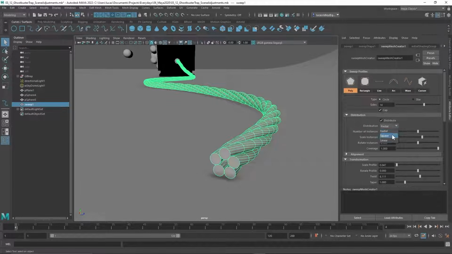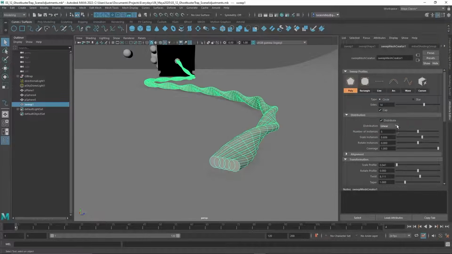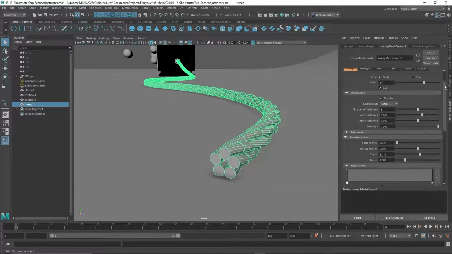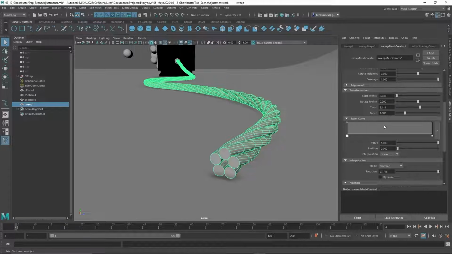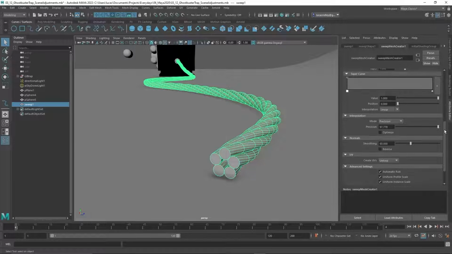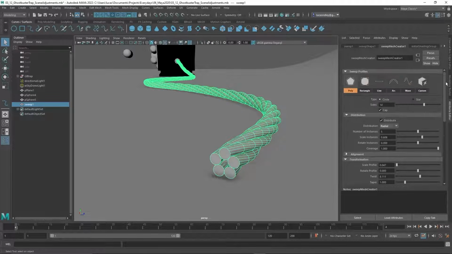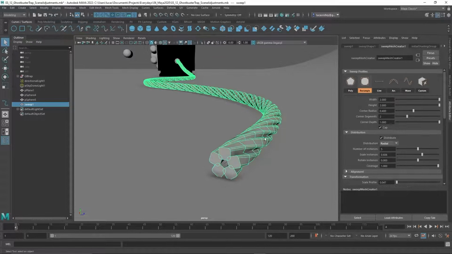Obviously, there are these other distribution types that you can experiment with to get different types of effects. The other noteworthy adjustment you can make is a really cool taper here that I think would be useful for hair, if you're doing some kind of, who knows what. But it gives you a lot more control than previously, where I don't even really know how you would do this. But this is a really cool effect, something that's kind of small to improve upon, but they really went far with it. Now, the other sweep profiles are pretty self-explanatory. They just give you different modes to adjust the profile that it's using.